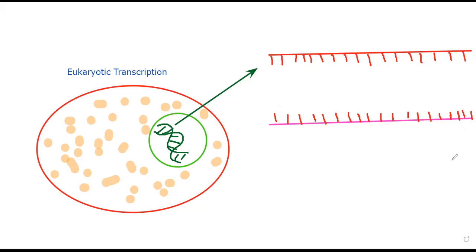Now, my dear students, I already told you, in the total length of the DNA, not all the parts are going to participate in the transcription. There are small parts in the total length of the DNA which take part in the transcription, meaning DNA to RNA conversion. And those small useful parts in the DNA strands are called genes. That you already know.